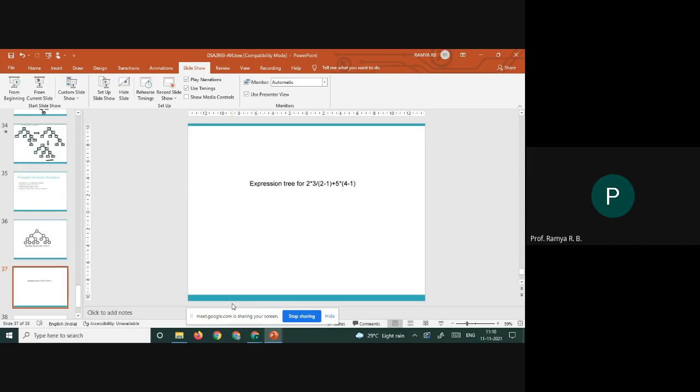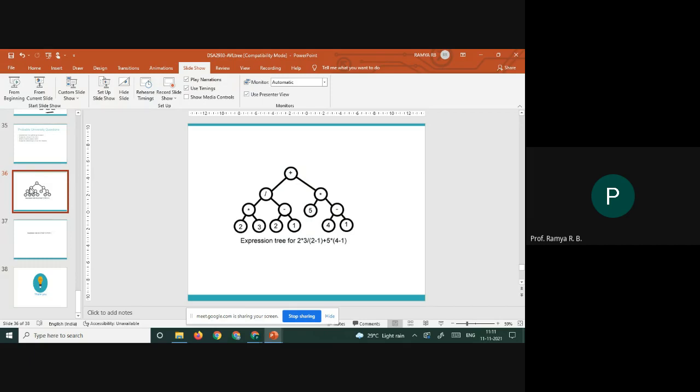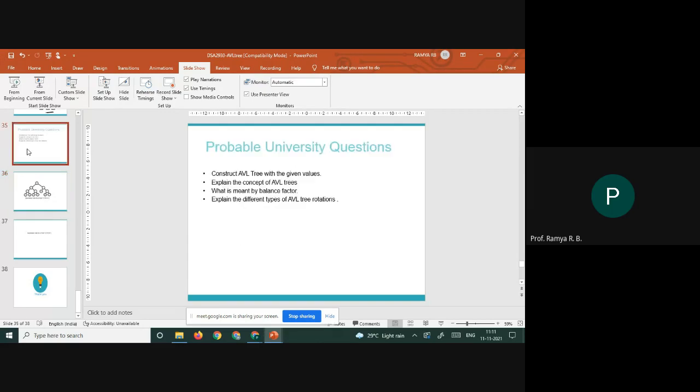What is the speciality of expression tree? It's a tree which is used to represent mathematical expressions where all the external or leaf nodes are the operands and all your internal nodes are the operators, right? So I'll just show you the answer. Just verify whether you got the correct answer or not. So did you all get this answer right? Yes, ma'am. Okay, fine. So that's about the last module.